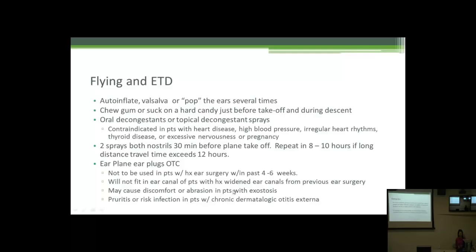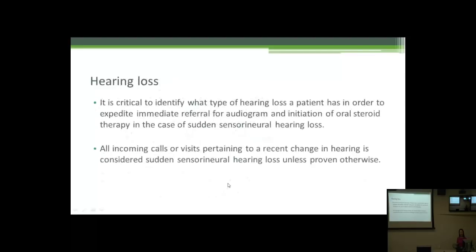So next thing is hearing loss. I've mentioned this before during the assessment class that anybody who presents with sudden change in hearing is a medical emergency. And I'm going to talk more about that in the next few slides. But in general, it is critical to identify what type of hearing loss they have, whether it's conductive or sensorineural, and to determine, as quickly as possible, the severity of the hearing loss. If they have a sudden hearing change,